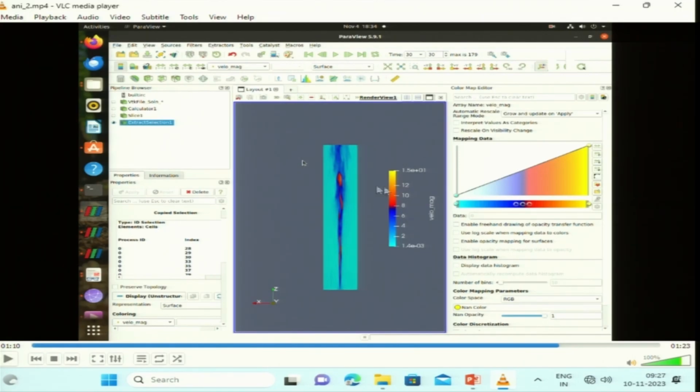Whatever data is here, you can take in the form of a CSV file, and you can analyze it using MATLAB or Python, whatever you would like to do. So, this is the probe location. Here you can put the probe and give the specified coordinates like x, y, z, and at that probe location you can see whatever the temperature or velocity is, that you can calculate.